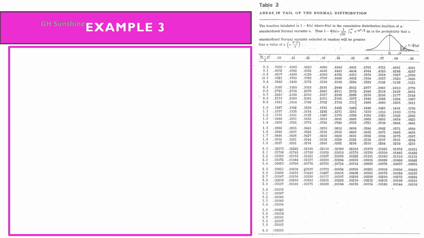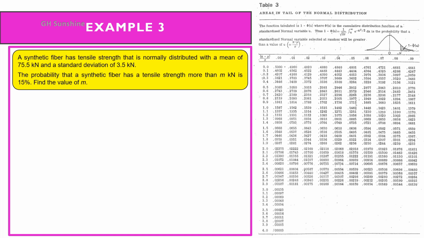Okay guys, let's try to solve this example. A synthetic fiber has tensile strength that is normally distributed with a mean of 75.5 kN and a standard deviation of 3.5 kN. The probability that a synthetic fiber has a tensile strength more than m kN is 15%. Find the value of m. So here we need to find the unknown. What is the unknown? M here. And then what is the probability value? 15%. Convert to decimal,